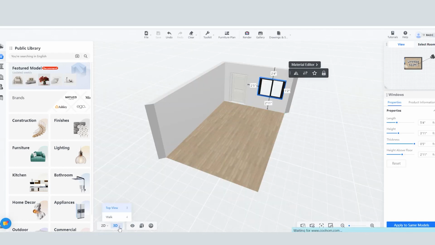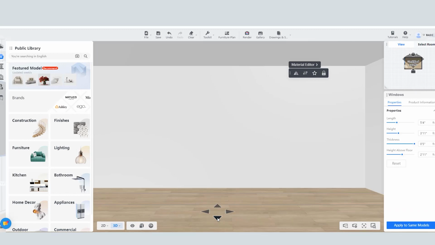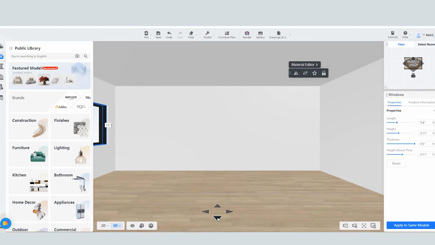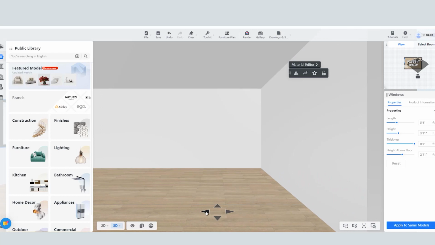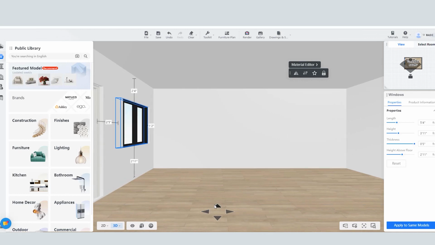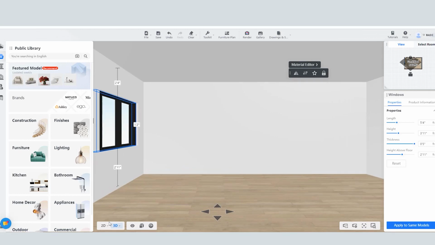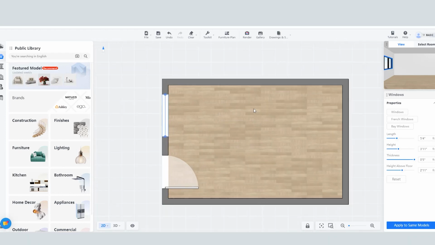When you click on this option, you can see two options. First one is top view and second is walk. When you click on walk, you will see the four arrow options here. When you click on this arrow option, you can see zoom out. Now if I click on the right arrow option, we can move here. If I want to move left, you have to click on this option. This is very easy. Now I'm going to top view. You can click on floor also. So now you can see the top view of this room.